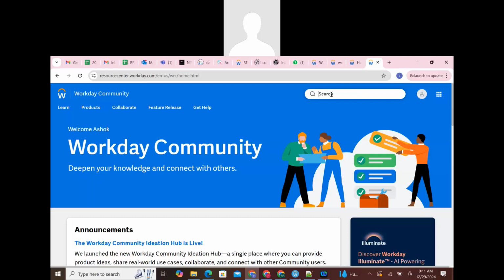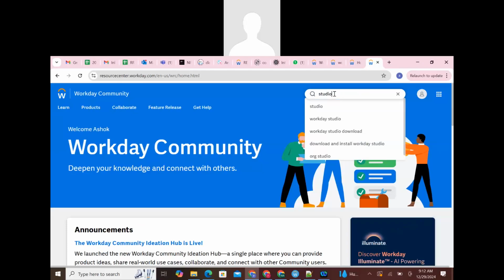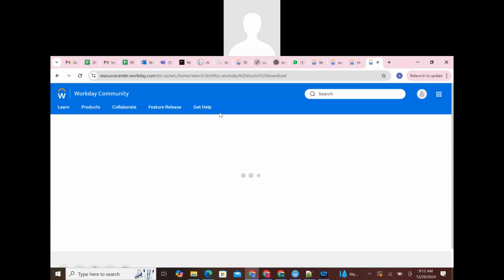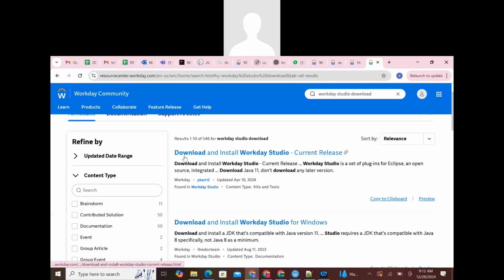Okay, so let's see how we can install the Studio integration. Once you join the company, you will get Workday Community access. Once you get the community access, you need to search using the search button for Workday Studio download, guys. Once you search, it will display the first link, where you find the current release, so you can open that link,